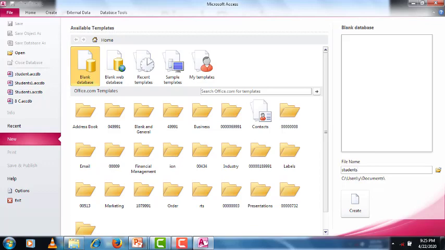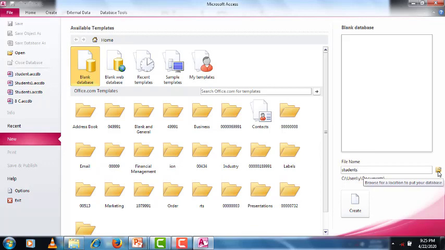Now one thing I want to tell you here: Access automatically assigns the .accdb extension to all database files, so you need not define .accdb here. Now you can click on the browse button. This is the browse button.